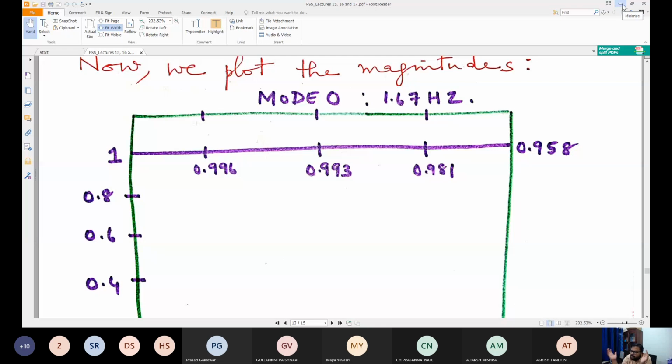This can happen in multiple modes in the power system. 1,000 machines are there. Some 50 machines are oscillating with another 50 machines in a particular manner. Some 60 machines are oscillating with another 60 machines in another manner. So all these are modes of oscillations at different frequencies. So we have to know all modes of oscillations, and whichever mode is prominent, in the sense whichever mode has